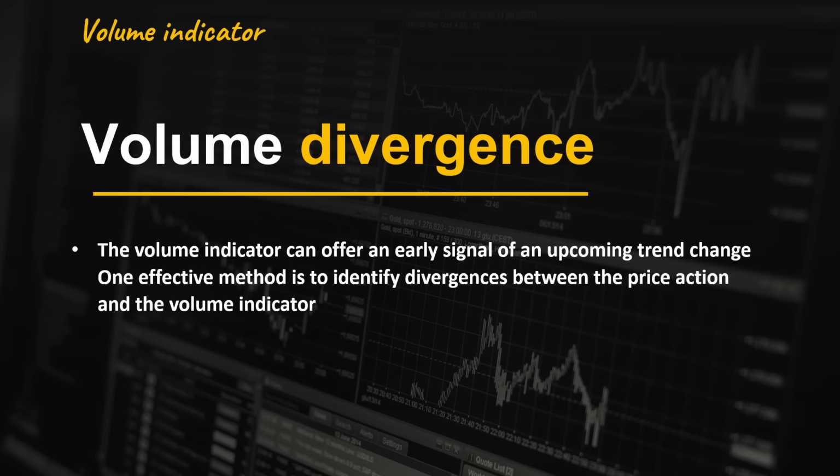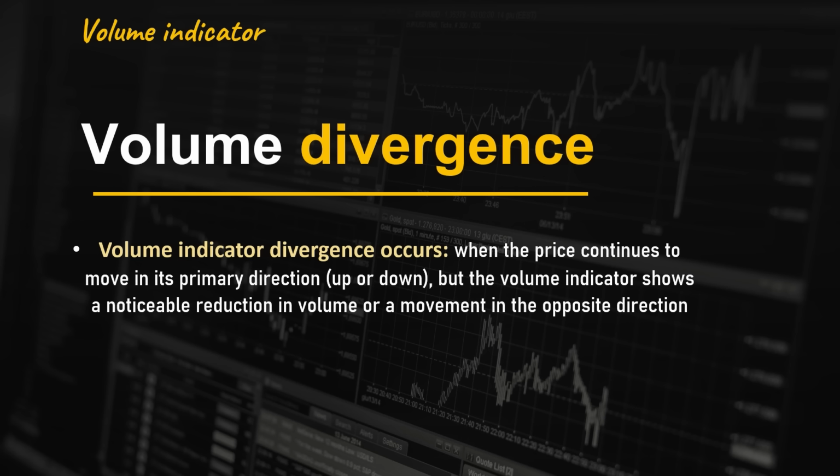The volume indicator can offer an early signal of an upcoming trend change. One effective method is to identify divergences between the price action and the volume indicator. Volume indicator divergence occurs when the price continues to move in its primary direction, but the volume indicator shows a noticeable reduction in volume or a movement in the opposite direction. This discrepancy between price movement and volume suggests that the strength behind the current price trend might be weakening, potentially